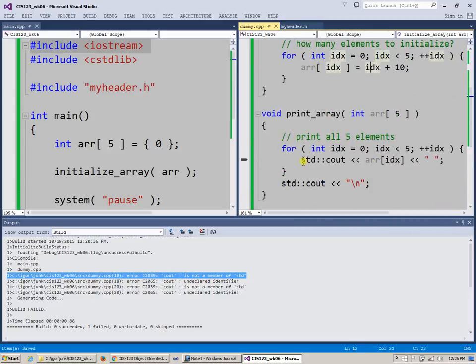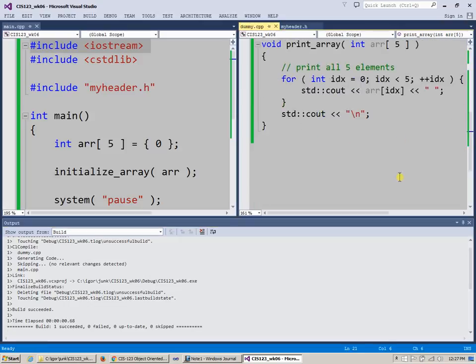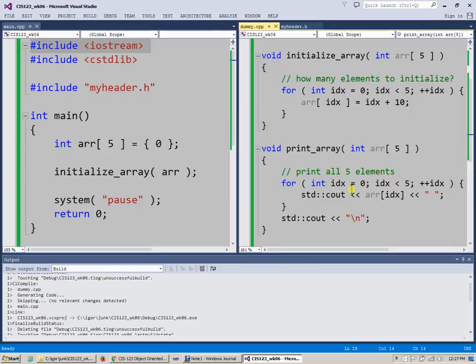All right, so now access to cout is not an issue, or should not be an issue. So let's go build again. Take a look at what's happening here. Oh, okay, sorry. I added the function and now we're able to compile. But remember, the next thing is to be able to, perhaps we can say,